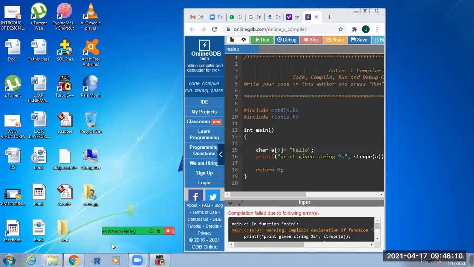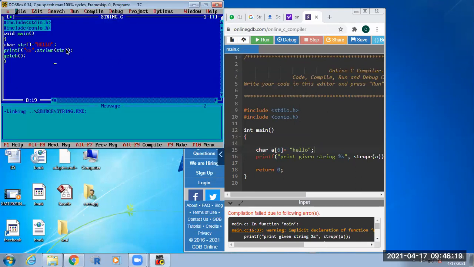So in this way you have to represent lowercase and uppercase. Just I write this in small letters, hello. Now I want to represent this in uppercase, strupr. Is it visible?